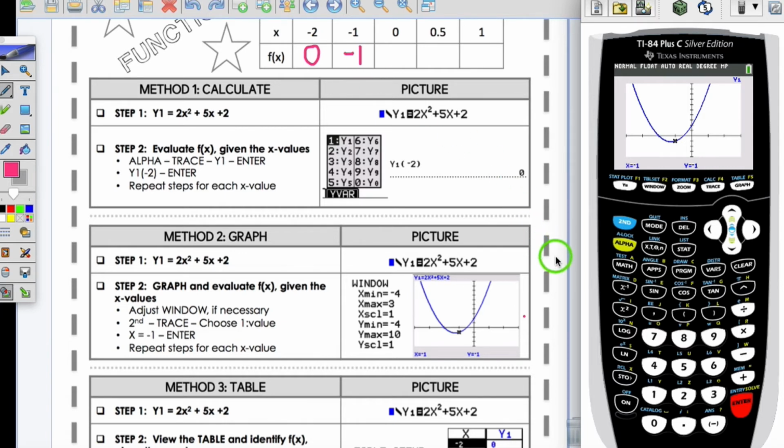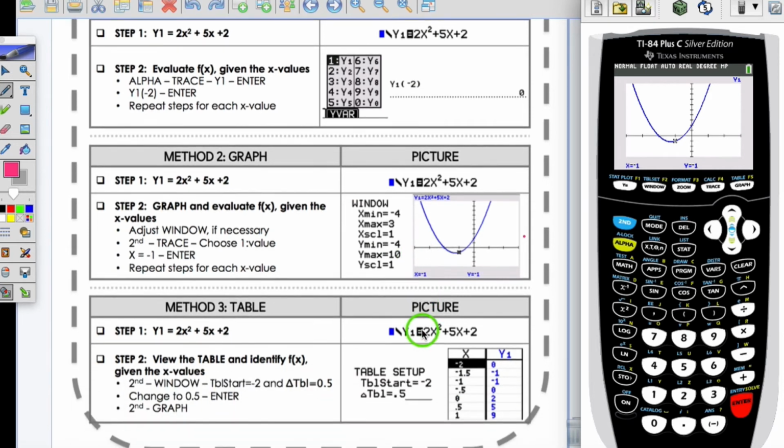Alright, so I'm working my way through these values. And I could continue that step, the same process using the graphing method to find the other values. But let's go ahead and use a table for the last 3. So method 3, again, in y equals, I need to have my function. And then I want to go to step 2 where it says view the table and identify the x values. First, I want to make sure my table